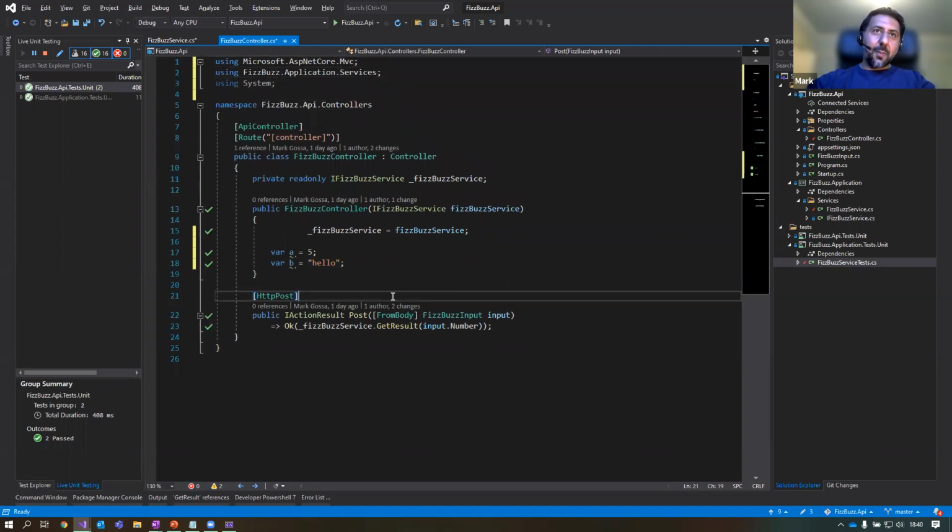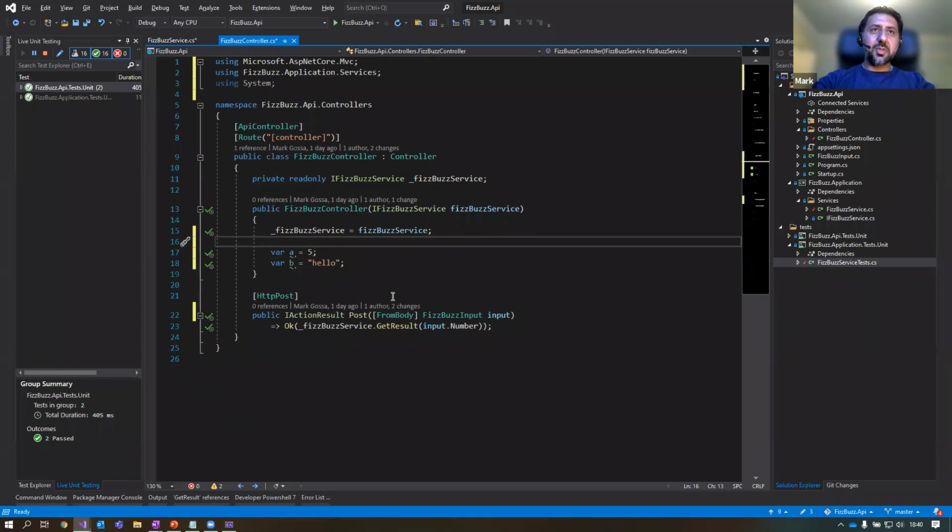So there's another neat shortcut, which is Control K D. Press Control K and then Control D. If I do that, you find that it auto formats. It just puts the spacing and the indentation where it should be. So if I just undo that, there's another trick you can do.